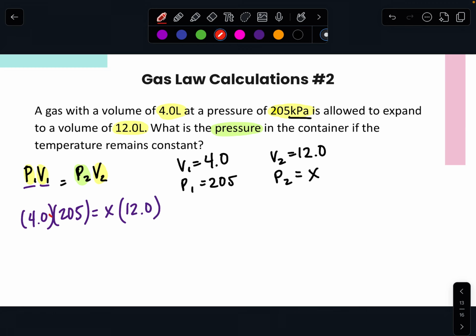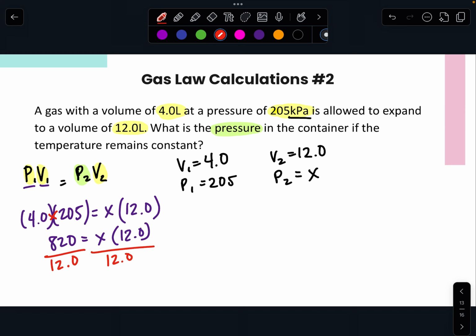I didn't do anything to the right side yet, but I know that I need to divide by 12 so that I can get the X by itself. And when I do that, I get 68.333, just repeating, right? That's my X, which really is the P2. So my pressure is